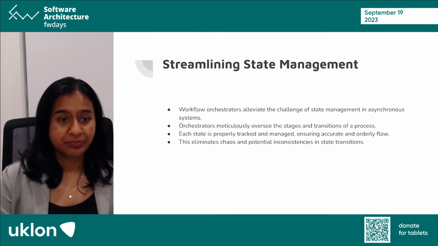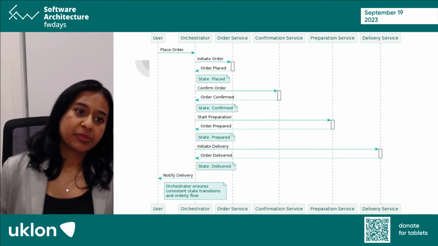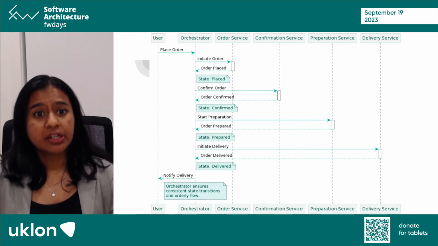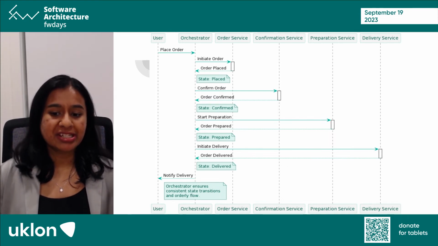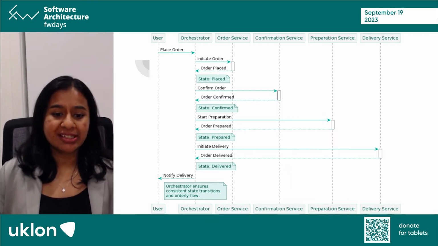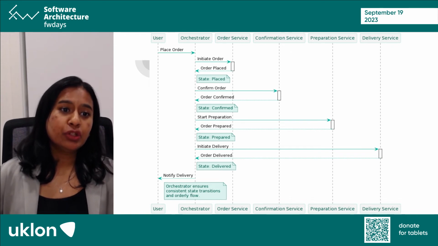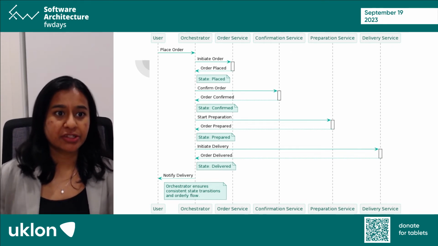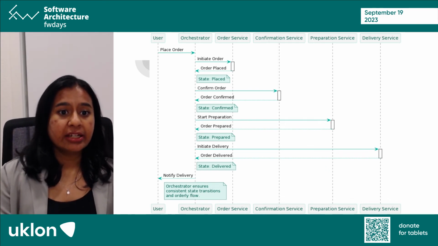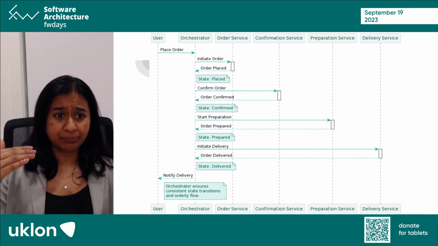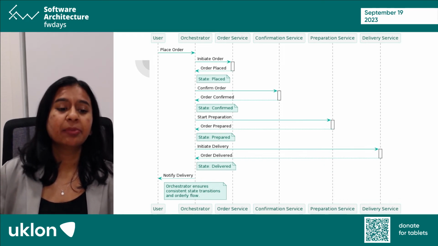and reliable. Now, if you remember our previous diagram that we showed for our state machine, compare it with this. In our previous diagram, we've seen how the entire state machine is very event driven. You basically get events and you execute actions and you don't really know the sequence of steps. But in this new diagram with the workflow orchestrators, you can see how the sequence of steps can be predefined, and how, for example, initiate order will be the first step, confirm order will be the second step, preparation,